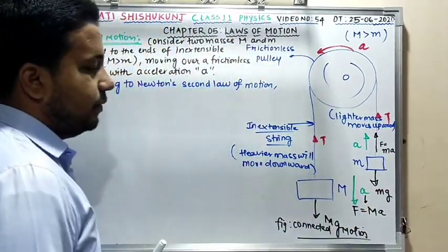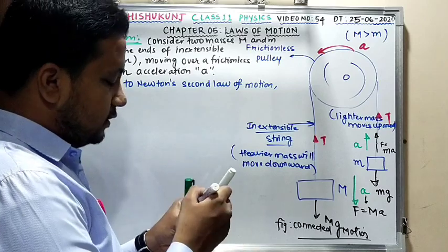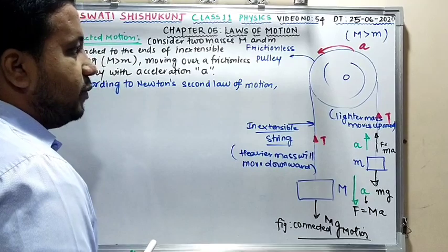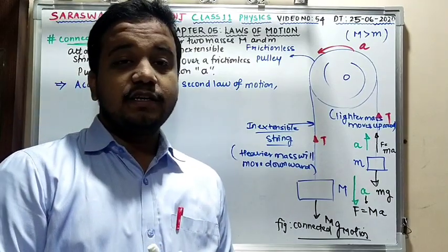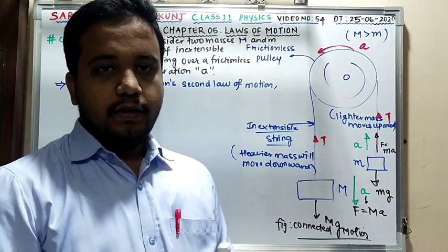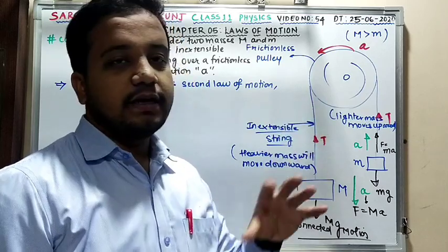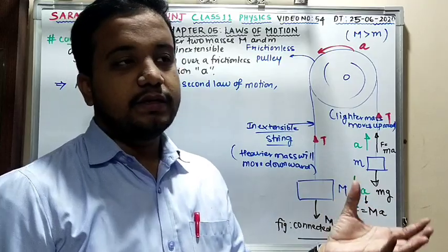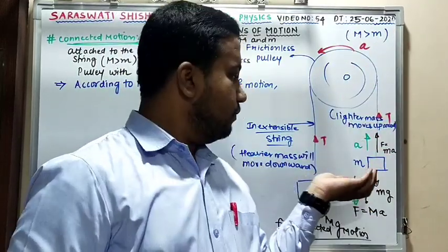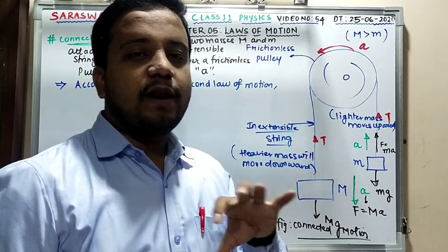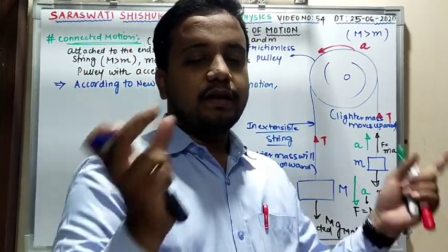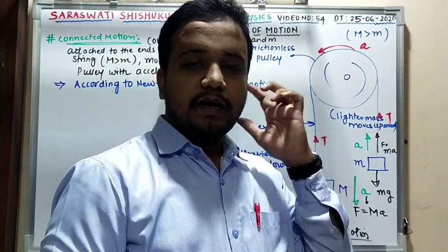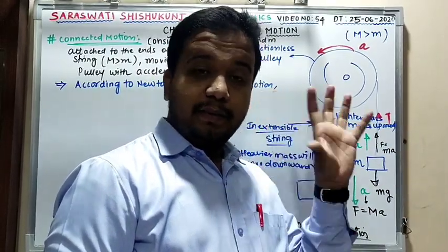Is this clear? 100%. So according to Newton's second law of motion, let us take a free body diagram over here. What is a free body diagram? If so many bodies are attached in an experiment or in a system, you can see that if there is a connected system in which many masses are associated, then you can take the different masses outside and do the calculation for each individual. And then you connect the different individuals into the system and you can calculate the entire parameter for the system.